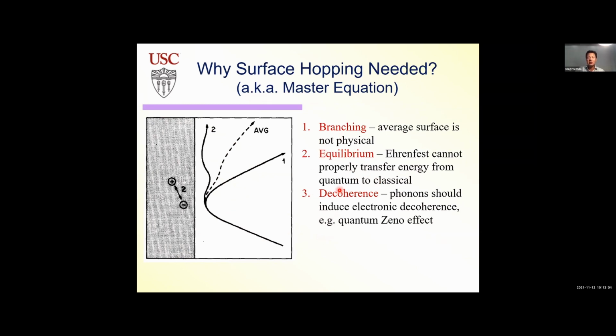And the second issue is decoherence. When you're looking at scattering events like this one or isomerizations of molecules, transitions are usually local. But in our models, transitions happen over long time scales, nanoseconds. And in that case, we have to include this effect that's a purely quantum mechanical, quantum dynamics effect, such that quantum vibrations induce loss of coherence in the electronic subsystem. And the Ehrenfest method was not designed to do that either.